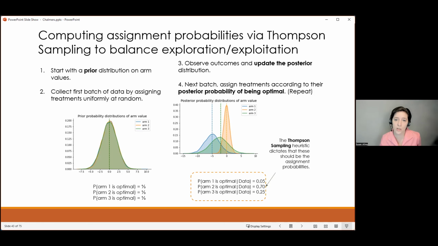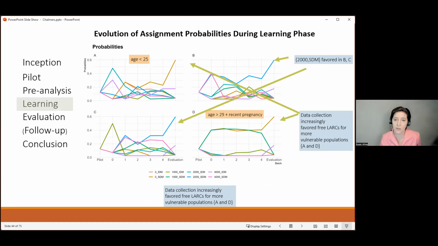That's basically what we're going to do. We're going to do it here in a targeted way. So we're going to use different probabilities for different groups of women. And we're also going to do some things like put lower bounds on the assignment probabilities. The final thing is, because we want to test hypotheses at the end, we're going to have a pure evaluation phase at the end, where we focus in on the winning policy to make sure we have enough data about the winning policy that we can tell the policymakers about it afterwards.